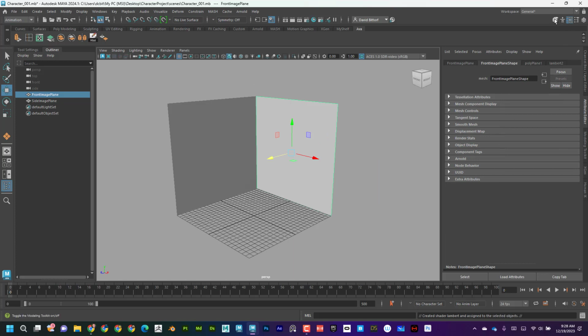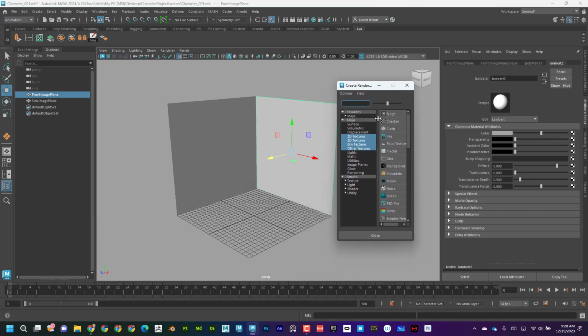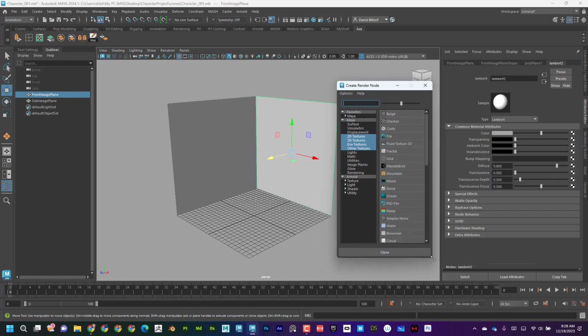Now this pops up, and I can see that this is button 3, which is the attribute editor. And in here, I have some tabs up here. I want to make sure that I'm on the farthest tab to the right, and it says Lambert 2. Lambert is the name of the material. So I'm going to go to color, and I can see right here, I can map a file. So if I click on that, this pops up, and it looks kind of scary, but I'm going to